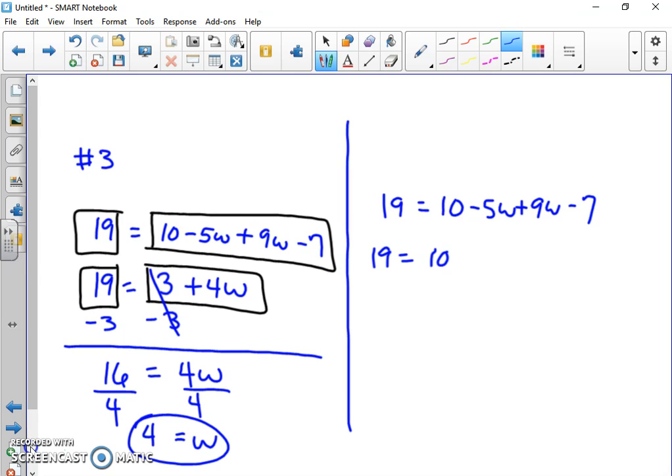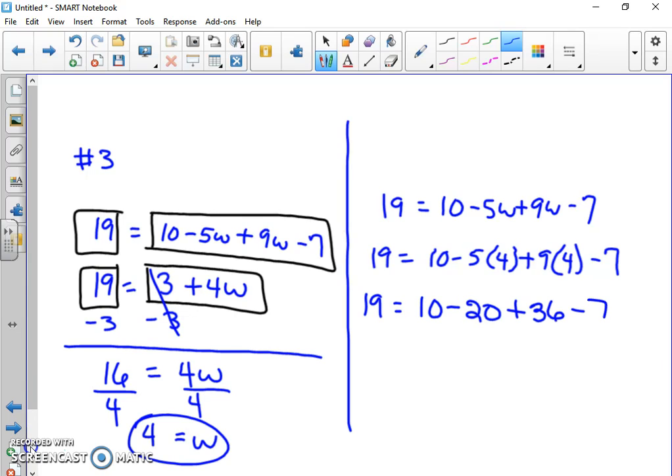19 equals 10 minus 5 times 4 plus 9 times 4 minus 7. 19 equals 10. Negative 5 times 4 is negative 20. And 9 times 4 is 36 minus 7. Boy, that's a long one, huh? 19 equals 10 minus 20 is negative 10. I'll just take it one step at a time. Negative 10 plus 36 is